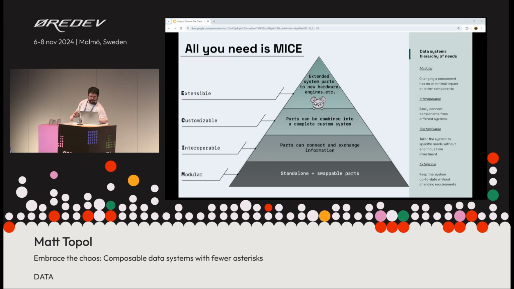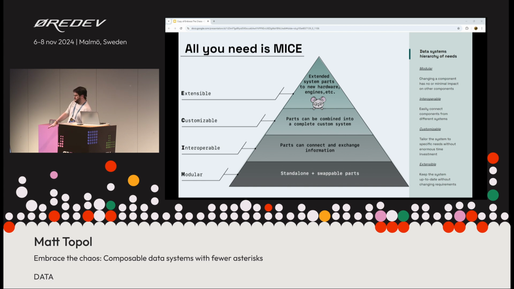I'm just going to move a little forward here. And so when it comes to embracing this chaos of all of these options and choices you can pick, I like to go along the idea here of this little evaluation rubric. If anyone's familiar with Maslow's hierarchy of needs, well, this is your data hierarchy of needs. Whenever you're trying to build your system, looking at a particular component, whether you can or should use something, think about this hierarchy.